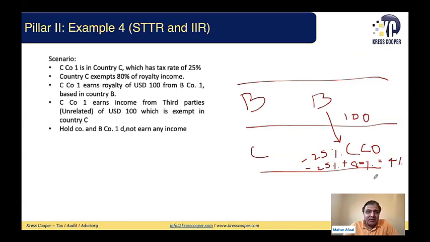So in jurisdiction C, the corporate income tax is 25%, but the tax on the royalty is 4%. It means if CICO is earning any royalty income from any jurisdiction other than C,